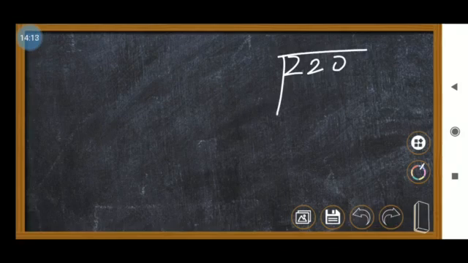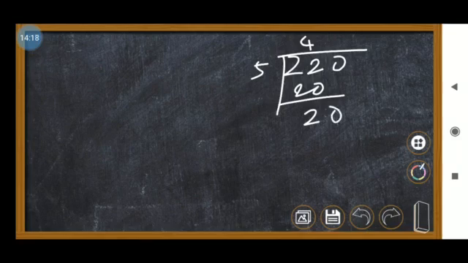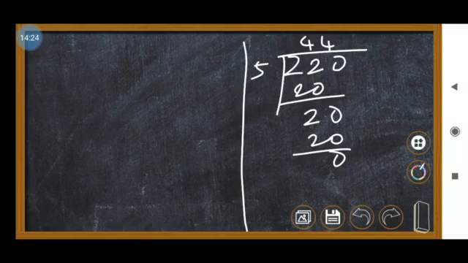Then you have to know the division method. If you struggle, you can put it on the side of the page: 220 divided by 5. Here 4 5s are 20, remaining 2 and 0, 4 5s are 20, so 20 is 0. This is how you can calculate. Anyway, I have simplified it directly. If you know how to put it this way, you can do it, otherwise you can do the normal division method and just write the answer. The next slide we will see some more problems, until then you have to wait. The next problem is example 13.